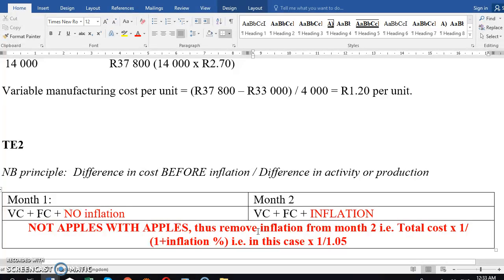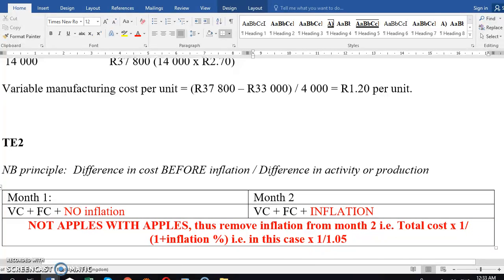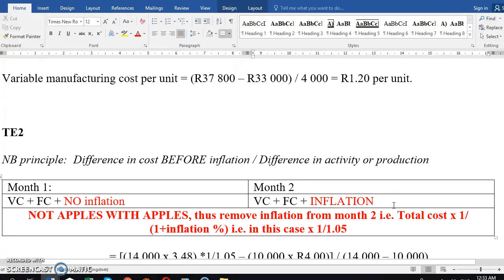So before you can do the high-low method, you first have to remove the inflation from month 2, because month 2 has the inflation. Once you remove the inflation from month 2, you effectively end up with no inflation, and then you have apples with apples for which you can do the high-low. And so how do you remove inflation? Well, inflation is essentially